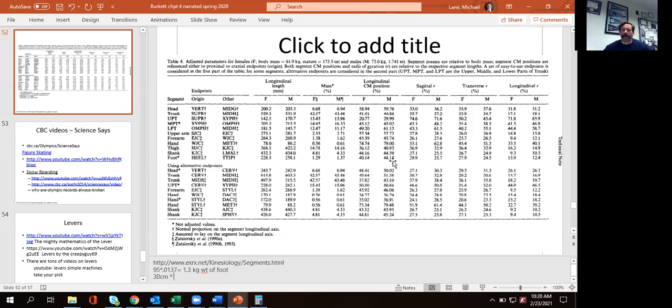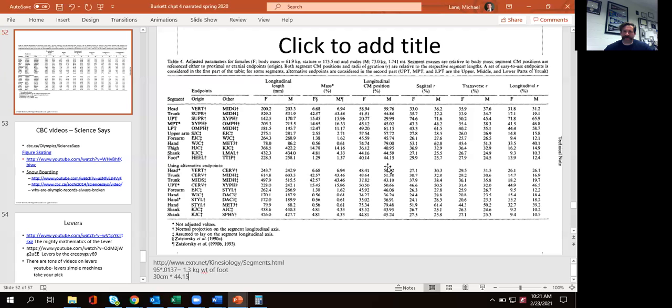Most parts of the body are going to be like that, except for things like your upper arm, because if we're going from top to bottom, it's more towards the top where the deltoid is, and then our head itself, because obviously most of the weight is at the top of the head, not at the bottom. So I'm going to take that and multiply it by